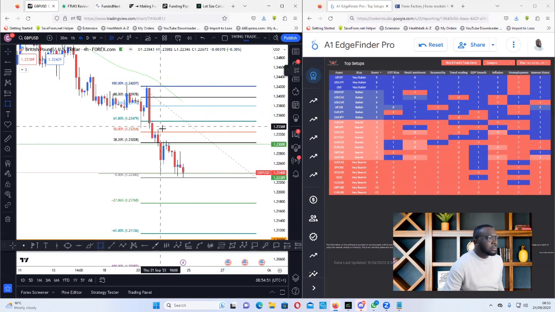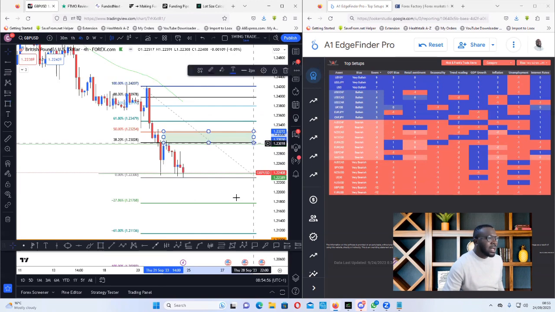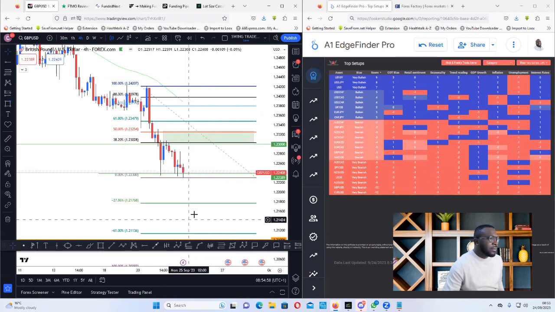around 50 and 38, because that's a psychological level area, remember? So if it pushes higher to 61, that may be a reversal to the upside, because price is still trending down. So we should expect price to push up a little bit again, to retest this key psychological level